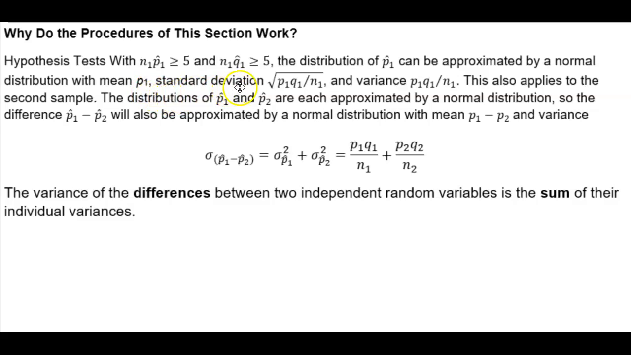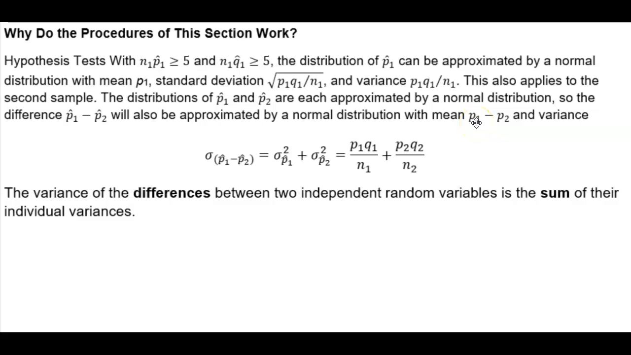1, standard deviation of the square root of the population proportion 1 times its complement divided by the sample size of 1, and the variance, which is without the square root symbol. This also applies to the second sample. The distributions of the point estimate 1 and point estimate 2 are each approximated by a normal distribution. So the difference of point estimate 1 minus point estimate 2 will also be approximated by a normal distribution with